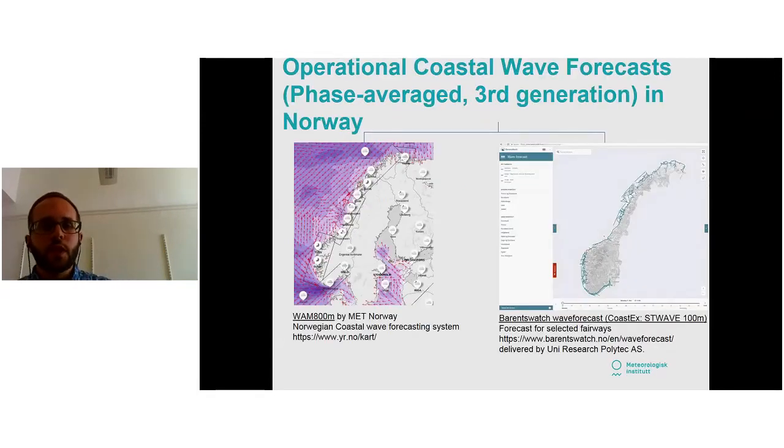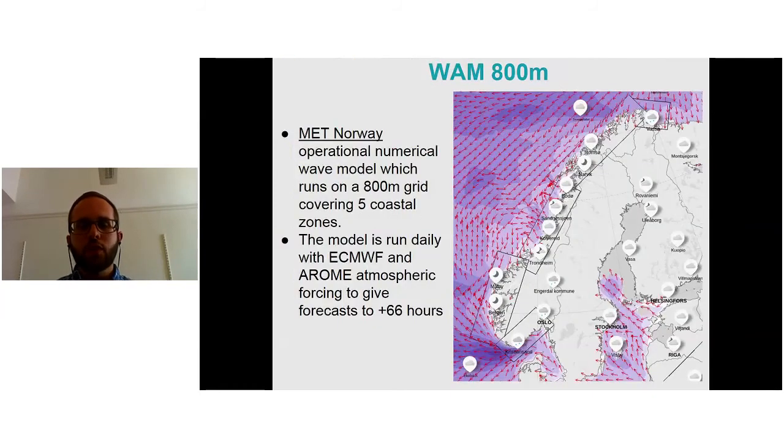So right now in Norway, we have two operational coastal wave forecasts that are phase average and third generation. The first is the WAM 800 developed by the Meteorological Institute in Norway, and the second is the Barwatch wave forecast developed by the University of Polytech. So the WAM